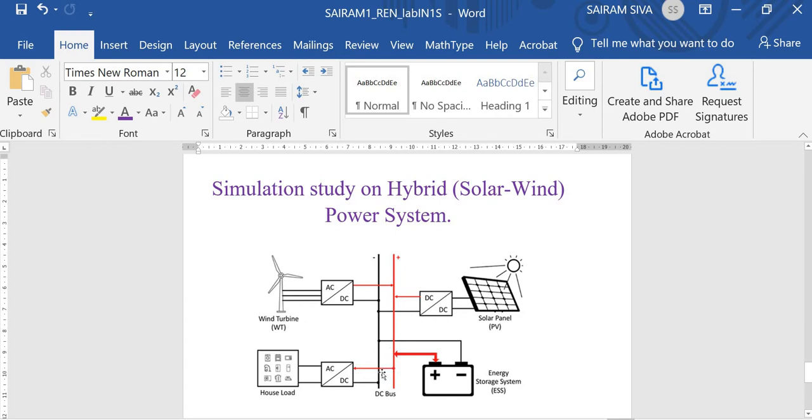This DC grid is integrated with the battery, which also has a charge controller, the battery charge controller. Another thing: this DC is converted into AC, and this AC supply is used for our commercial and residential loads. The DC to DC converter plays a significant role in a DC grid or DC rail based system.